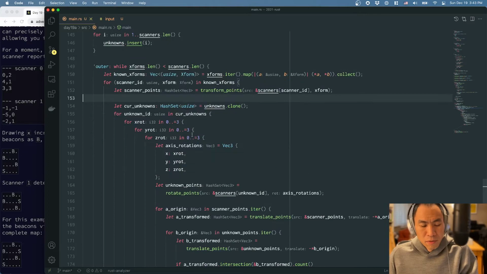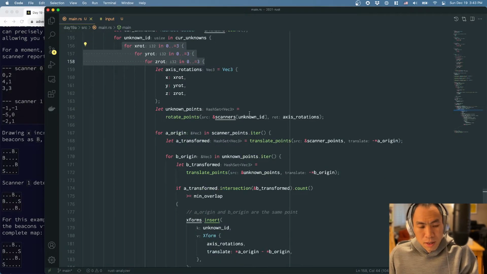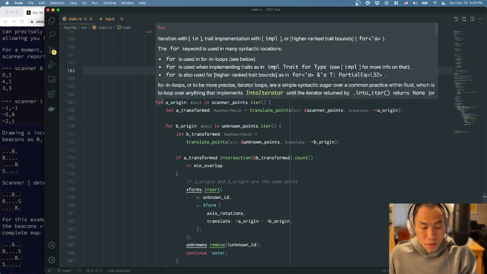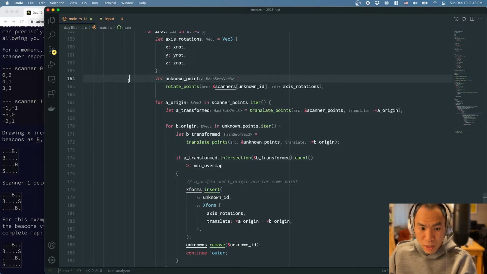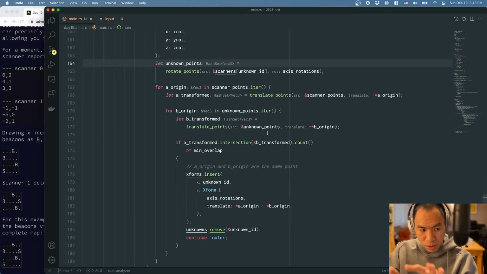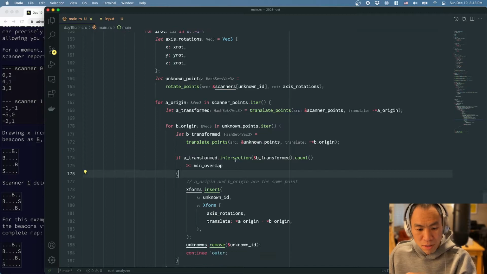And for that other scanner, I'm going to rotate it a bunch of different ways. And one of those rotations, hopefully, will allow me to translate both the stuff that I have in scanner 0 space and the stuff that I have in the other scanner space. We're going to do this sort of relative comparison, so we can compare these shapes that we're seeing here. And if those shapes resemble each other, then we